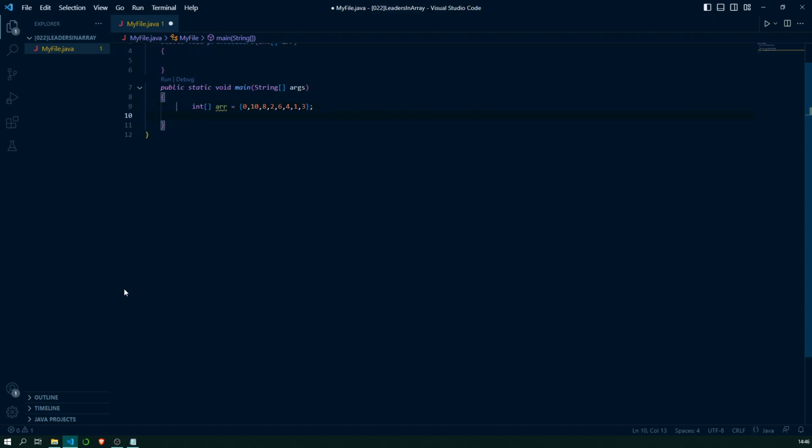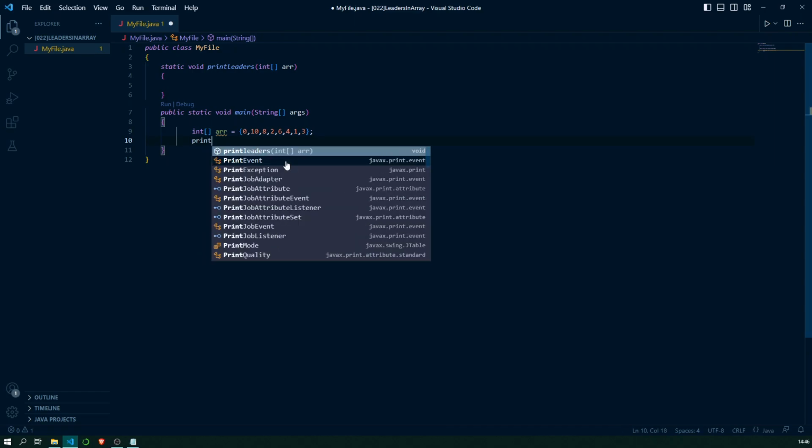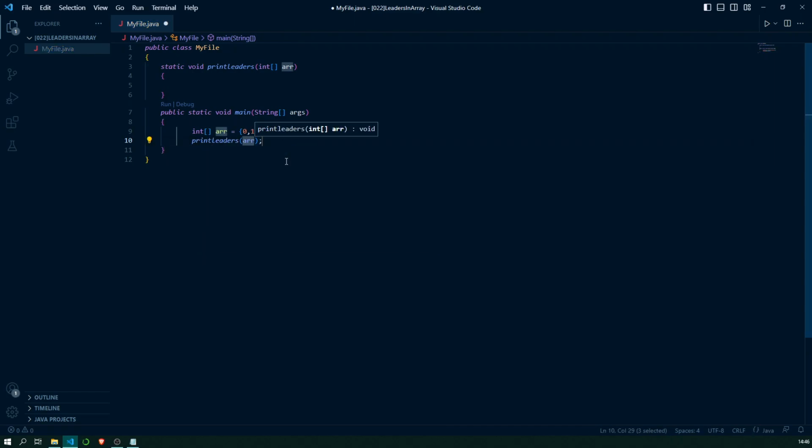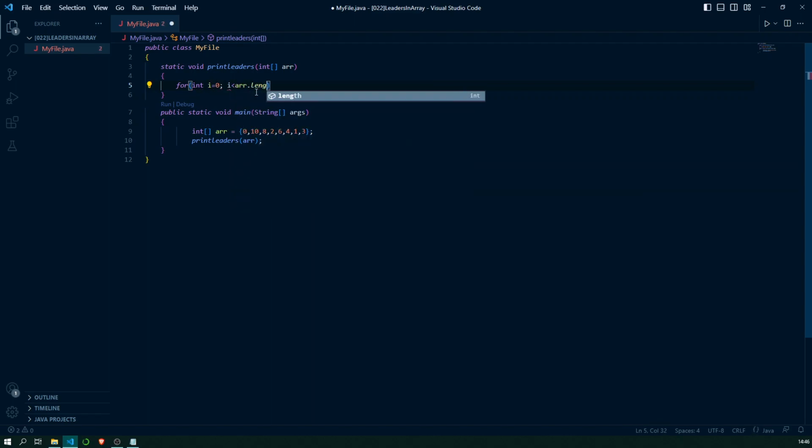And then we will call the print leaders function with our array as input, and let's try this nested. The return type will be void because we are just interested in printing these leader elements. So for I is equal to 0, I less than ARR dot length, I plus plus.